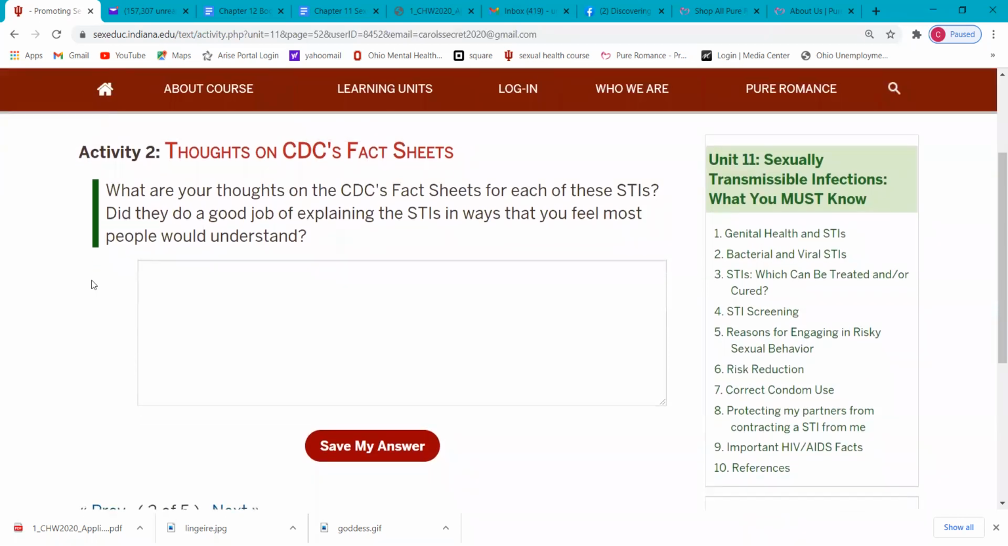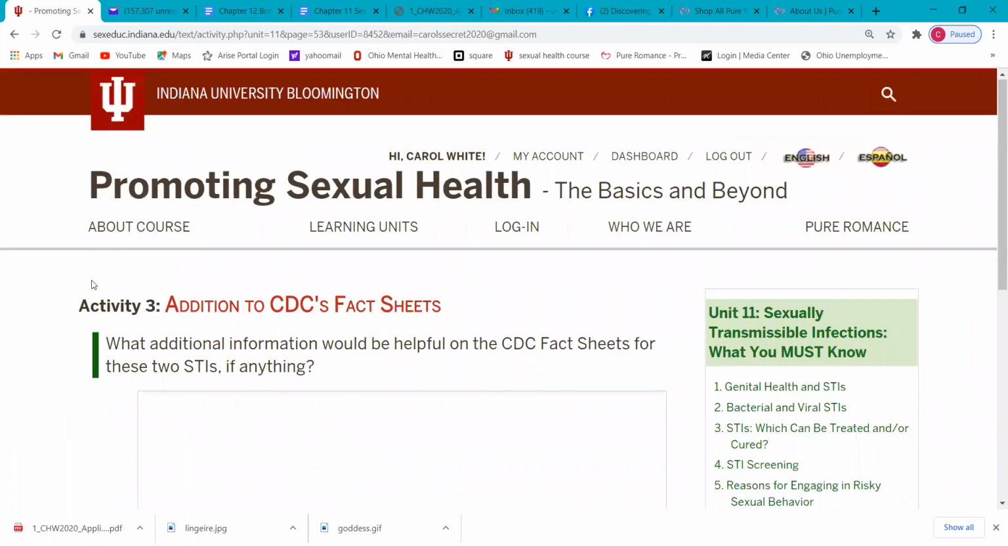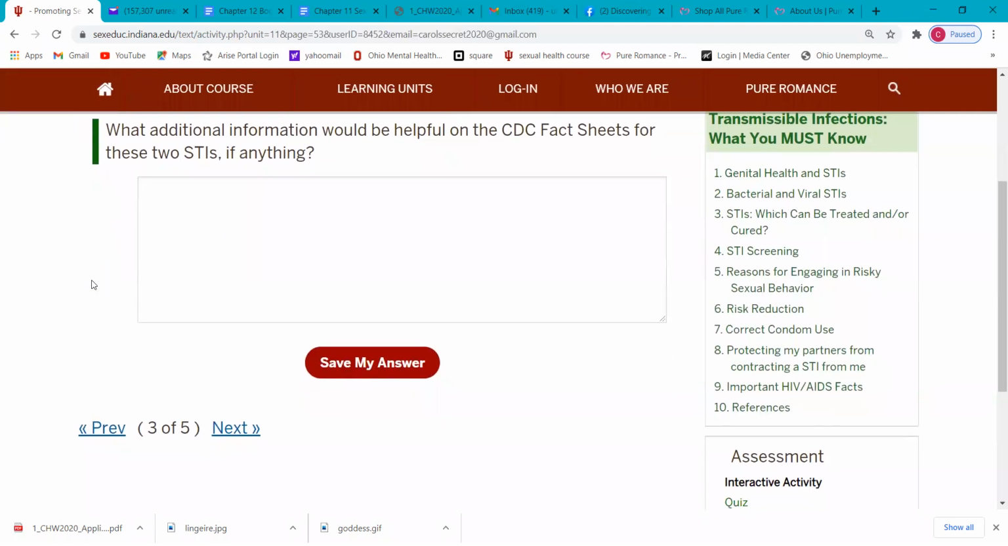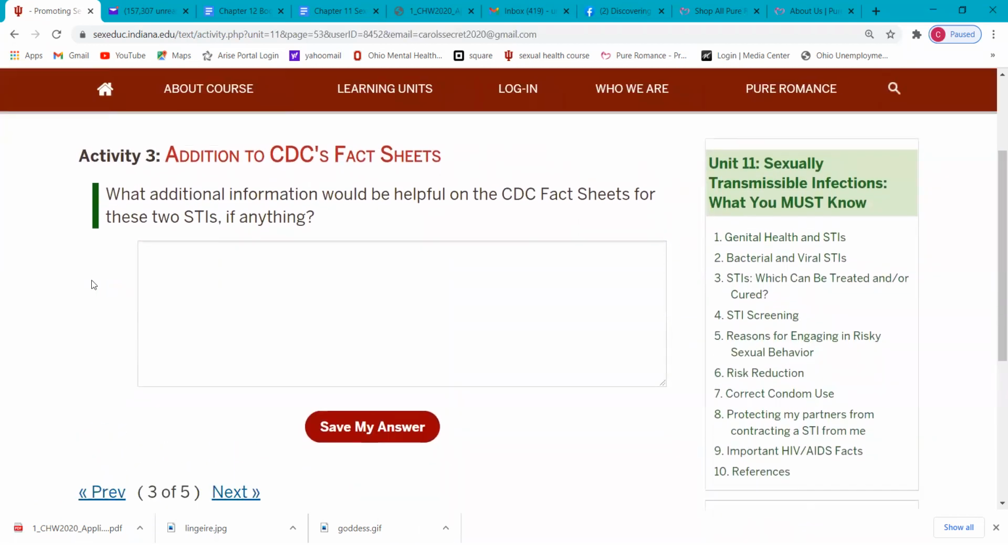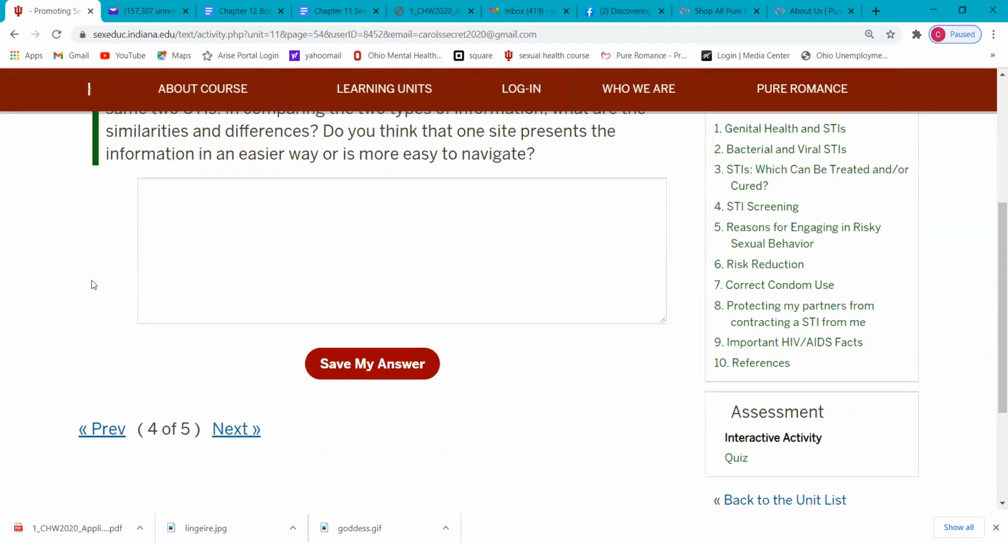The next one is thoughts on the CDC fact sheet. What are your thoughts of the fact sheet? Did they do a good job of explaining? And here we go. The next one, addition to the CDC's fact sheet. What additional information should be helpful to the CDC fact sheet for these 2 STIs, if there's anything, the ones you chose? They want information about Planned Parenthood,